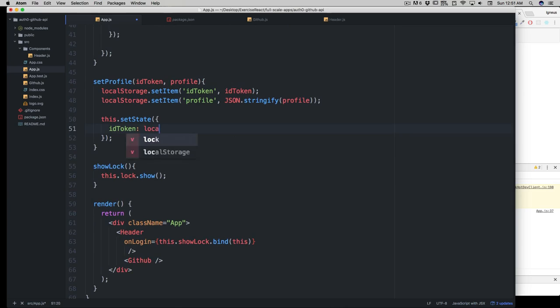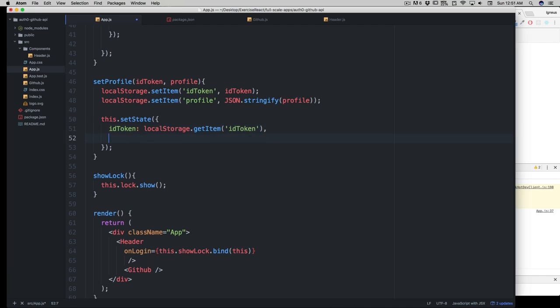So important in here. So let's just use localStorage, and just like we have setItem, we have getItem as well. Okay, and in the getItem you can just name the key there. So it's going to be idToken. That's one thing. And again, we can set the profile as well, and the profile is going to be simply